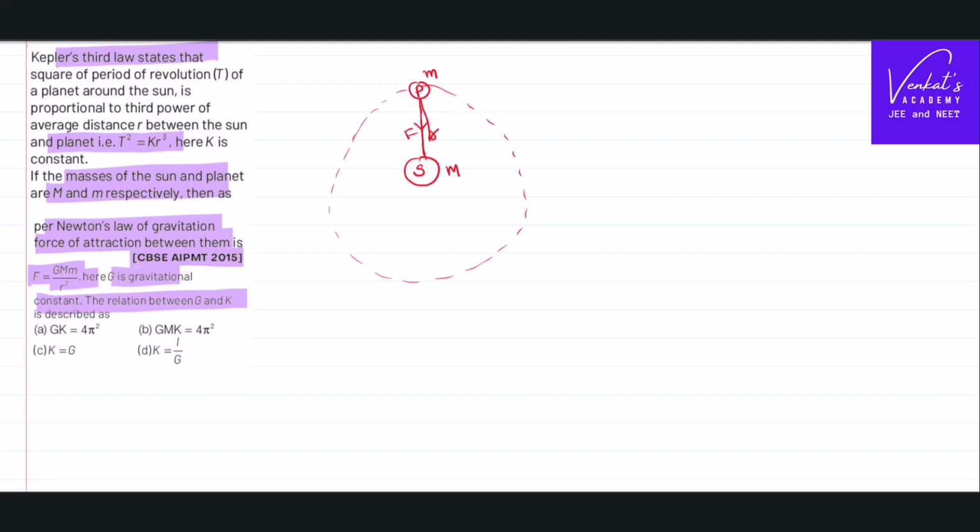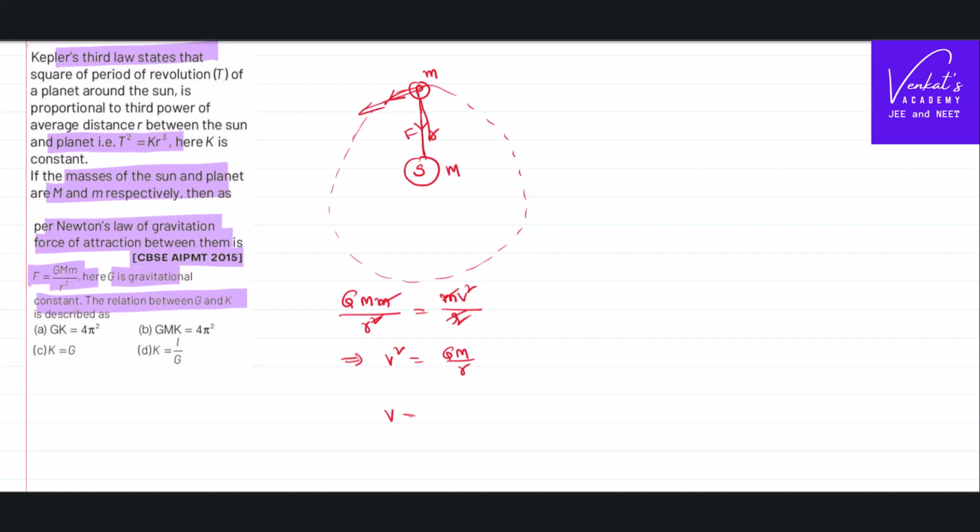How much is that gravitational force as per Newton's law of gravitation? G m1 m2 by r square. But as the planet is moving in a circular orbit, there must always be a centripetal force, and centripetal force is never an outside force. The force acting towards the center itself is a centripetal force. Thus here the gravitational force between the bodies behaves like a centripetal force. One r can be cancelled, and one mass of the planet can be cancelled. That implies the square of the velocity equals GM by r,